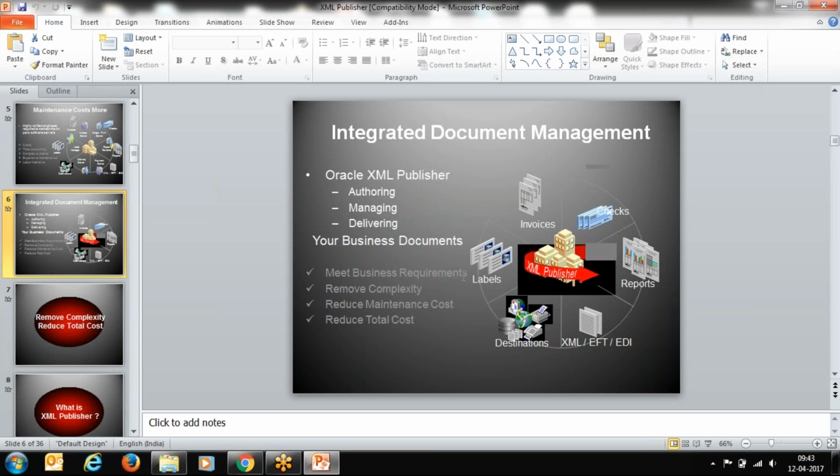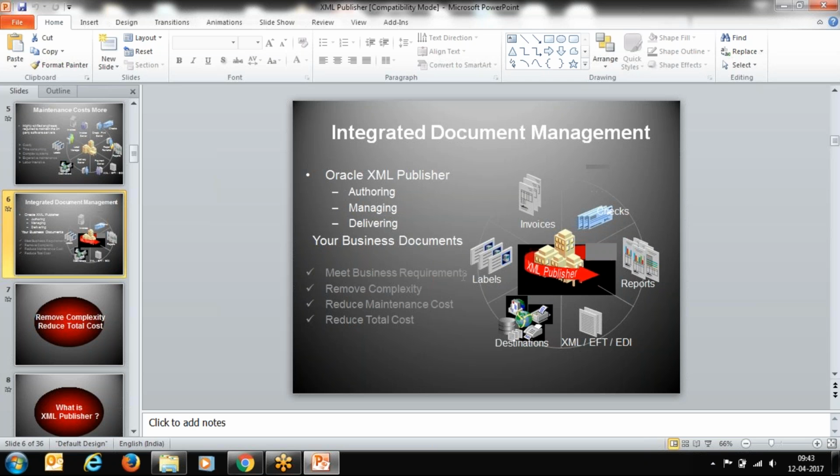Whatever business requirement we have, we can modify the layout. A layout is very simple, where we are just creating a layout in a Word document by using tables and certain columns, and then we are putting in what we call a